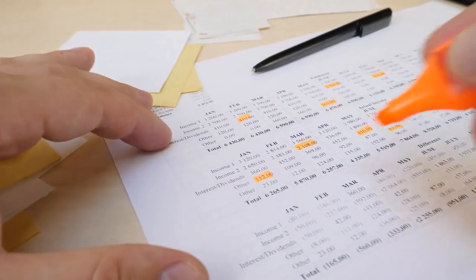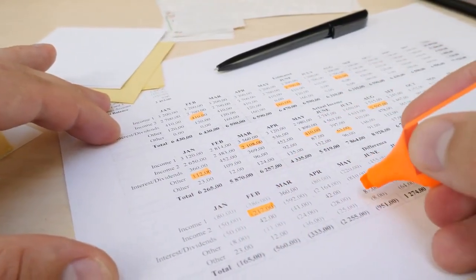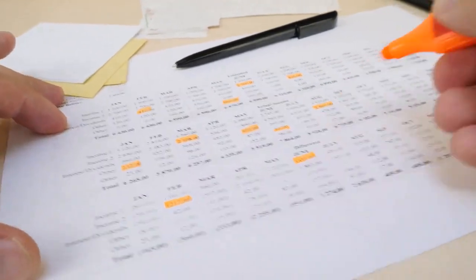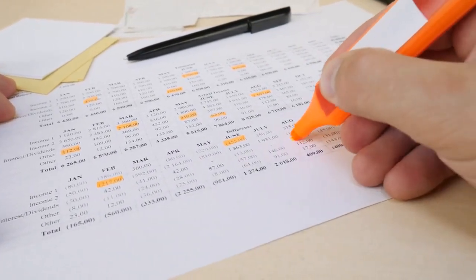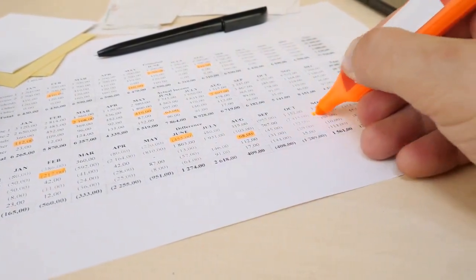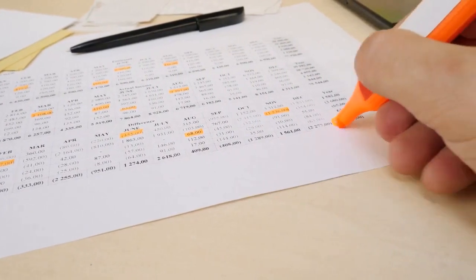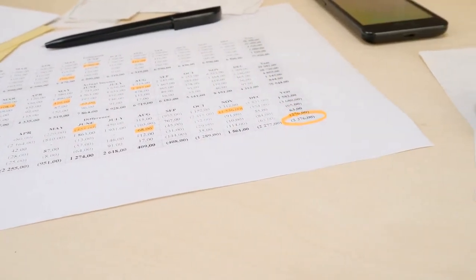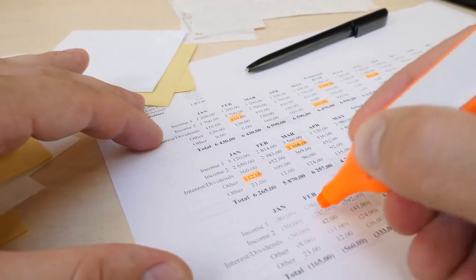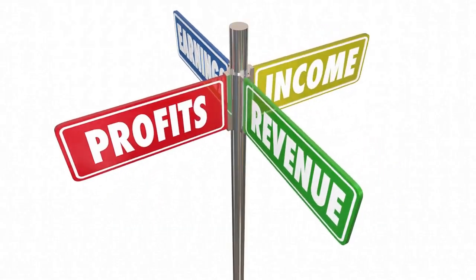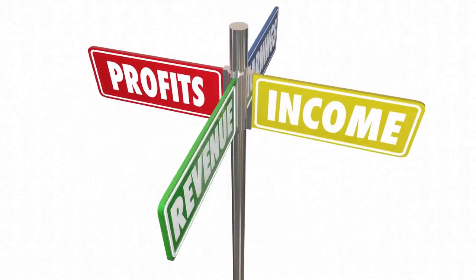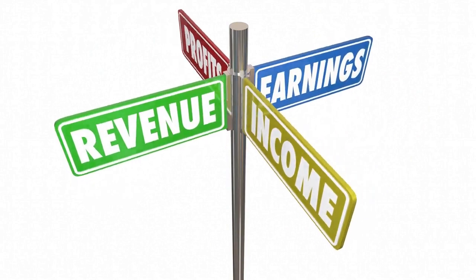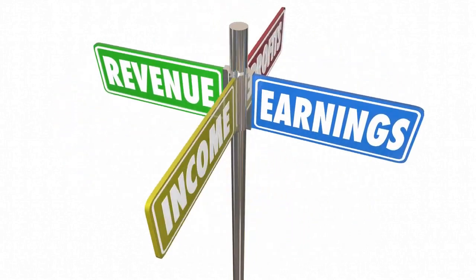The income statement, also known as the profit and loss statement, is a financial document that provides a summary of a company's revenues, expenses, and profits over a specified period of time. It is an important tool for investors because it helps them to understand the financial health and performance of a company. An income statement typically includes several key components, including revenues, cost of goods sold, gross profit, operating expenses, and